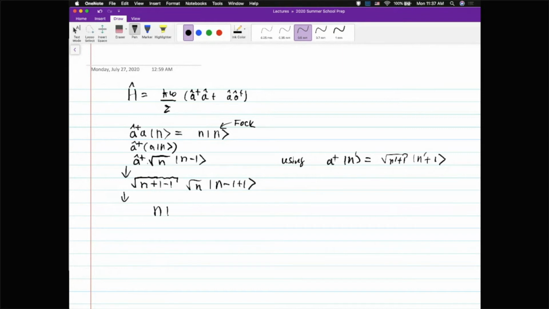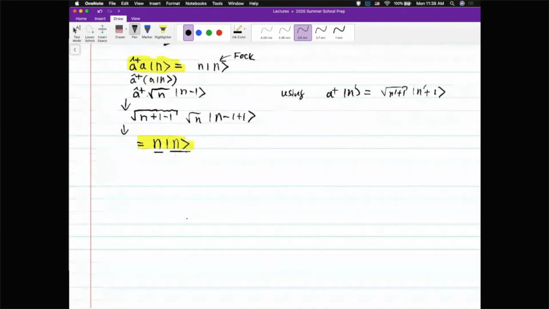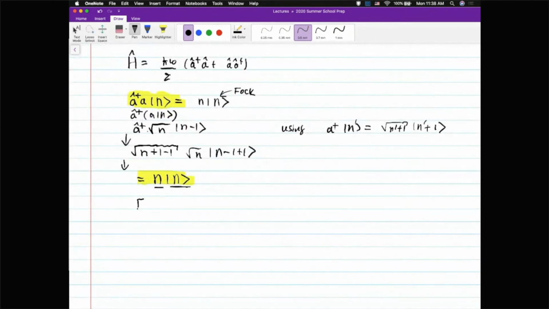Essentially we obtained the usual relationship of an eigenvalue: starting with A dagger A times n gives us the Fock state n again, so it doesn't change the wave function, but it does give us a prefactor n. And so this is the eigenvector and this is the eigenvalue of this operator A dagger A. Of course, the Hamiltonian is composed of A dagger A and A A dagger. We can repeat the same procedure for A A dagger, or equivalently we can use the commutation relationship I showed above,